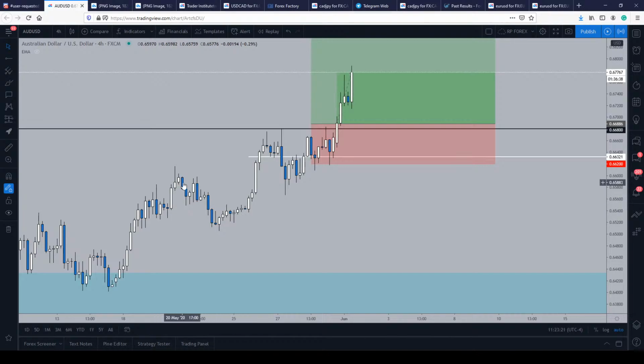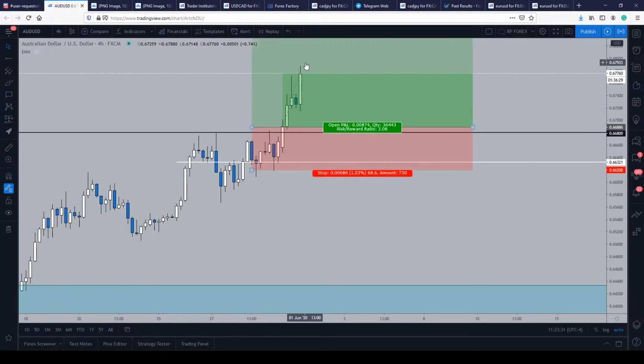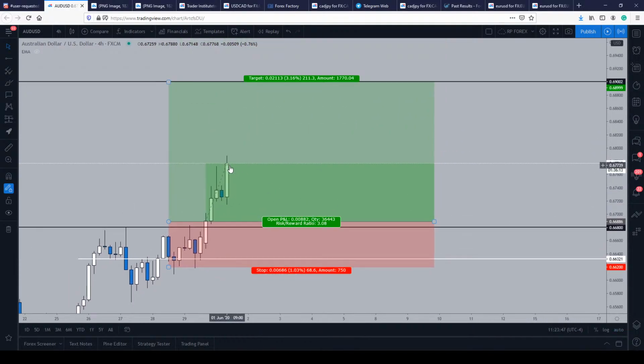Now Aussie dollar, on Friday we discussed the long for this trade. Now 31st May. Now you know I don't trade on Sundays, but you can see we have pushed up significantly, but none of these 4-hour closures are really confident enough for us to go long just yet. You can see inverted hammer here, indecision candle, and this is turning into an indecision candle. If, however, this 4-hour candle can turn a bit more bullish, we can get an entry and have maybe our stops somewhere down here. But our overall target is